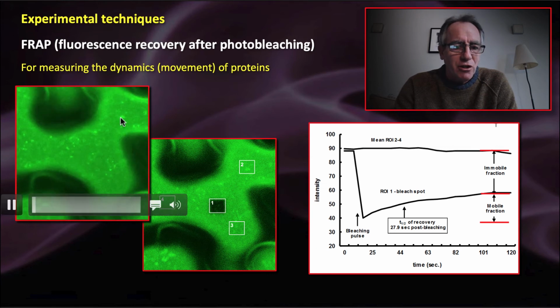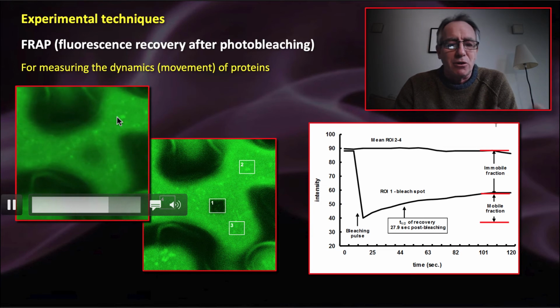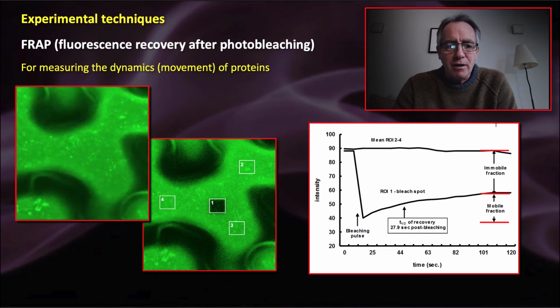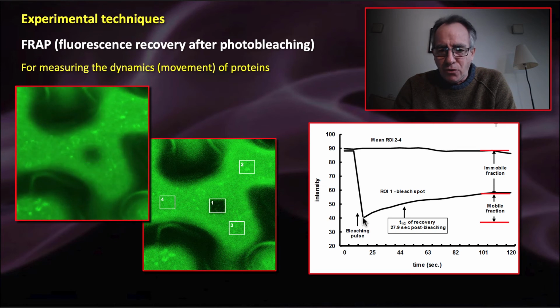It doesn't change, and you can see that in the movie. If you watch this region here, it doesn't bleach, it doesn't get dimmer, it doesn't get brighter. But in the region that's indicated as number 1 that's bleached, it starts out bright. Here's the laser pulse here, the fluorescence drops right away, and over the course of the next